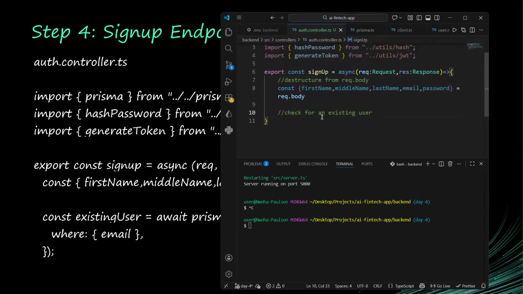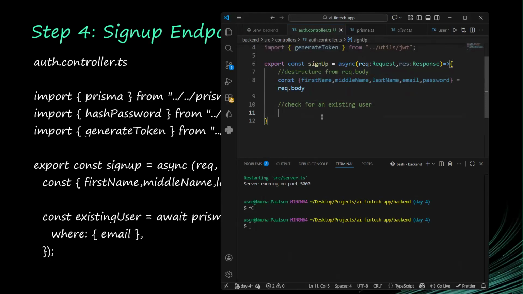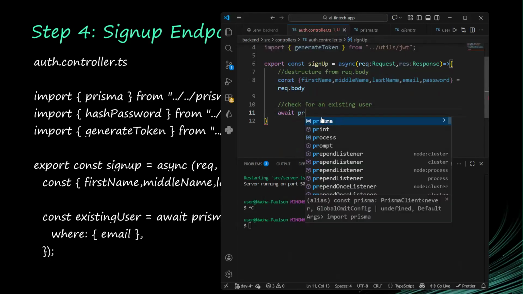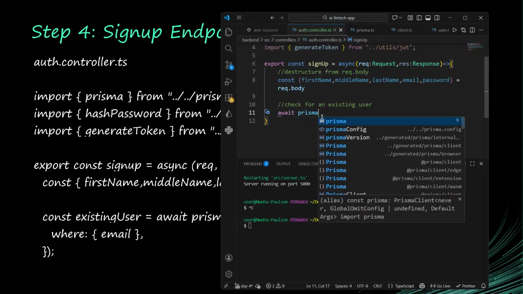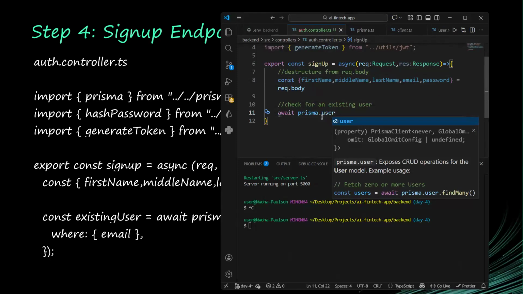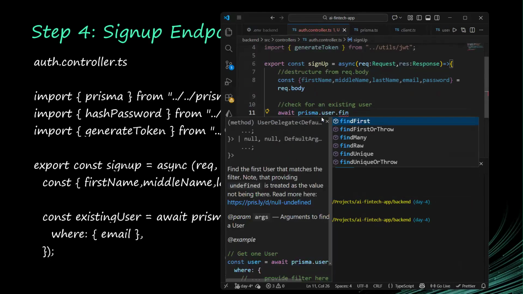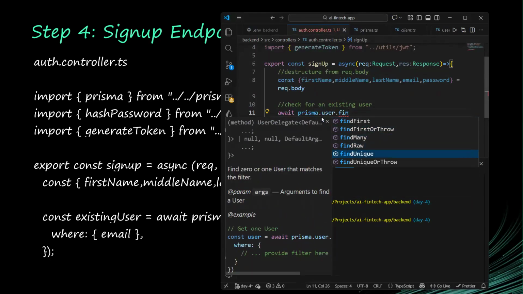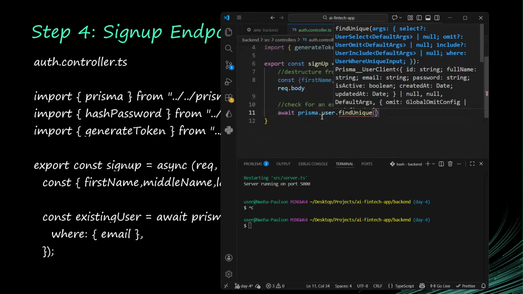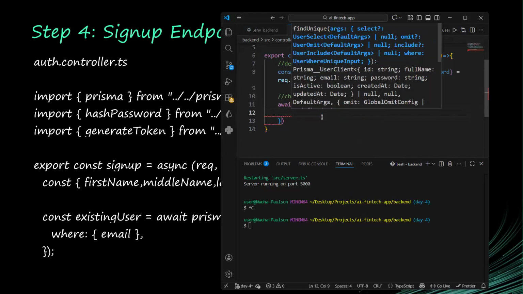So before anybody signs up, we need to check if there is any user with their email address, because we only want our email address to be unique. So no two users can have the same email address. So I'm going to call await, I'm going to use Prisma.user, and I'm going to find a unique user, all right, where